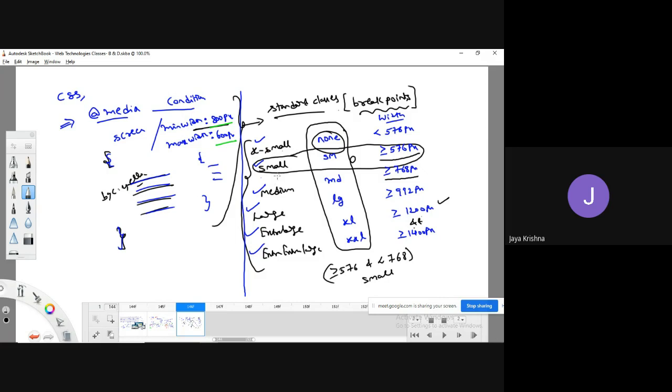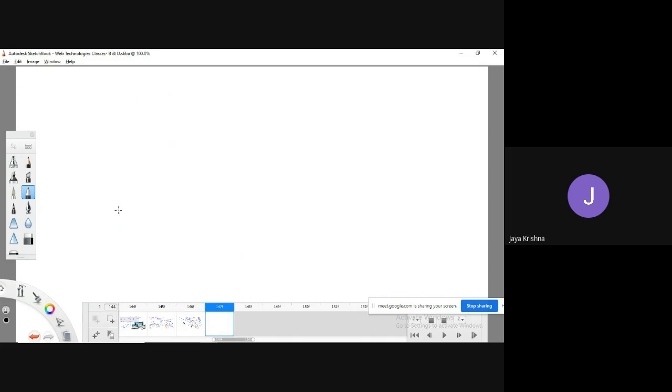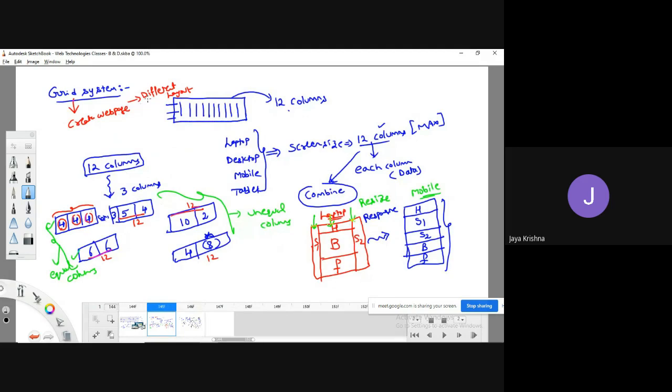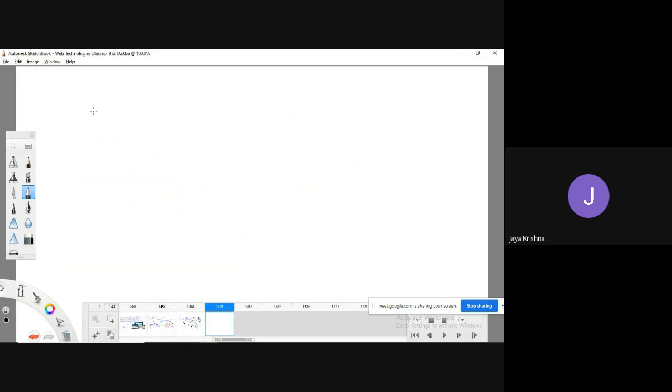Okay, guys? So with the help of this grid system, once again I am revising, I can create a website with a different layout. Meaning that if it is a large screen, I need to have an output like this.